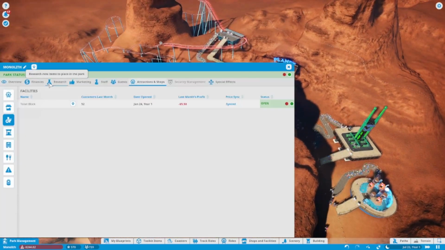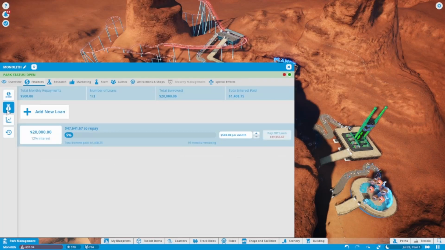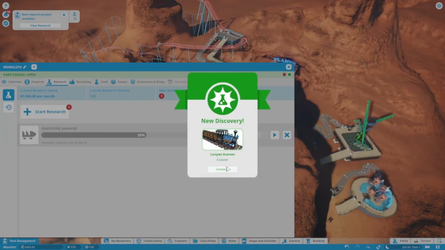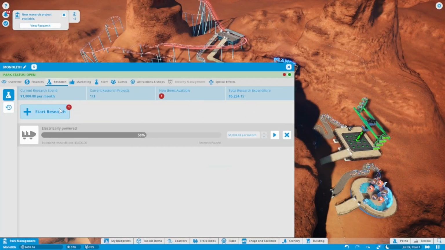Okay, let's look at our... How's our loan coming along? It's going to take a while. Alright, we've got this canyon runner. I don't think we can...